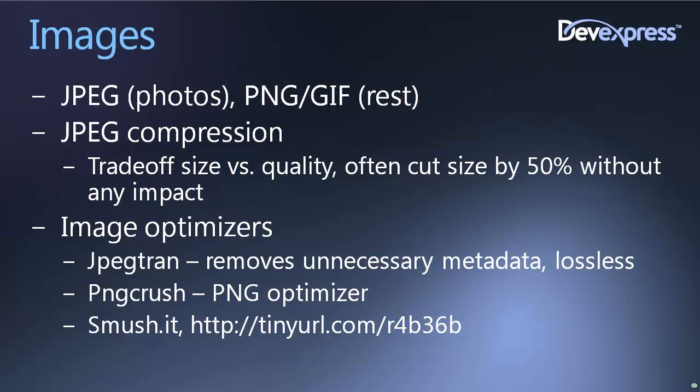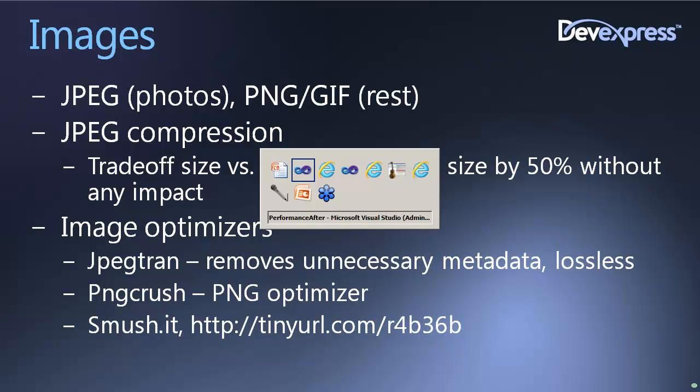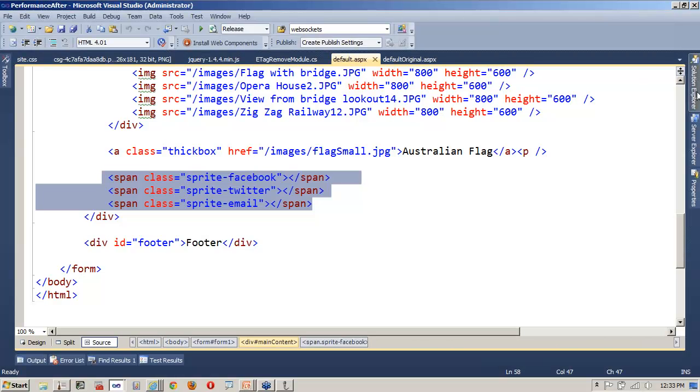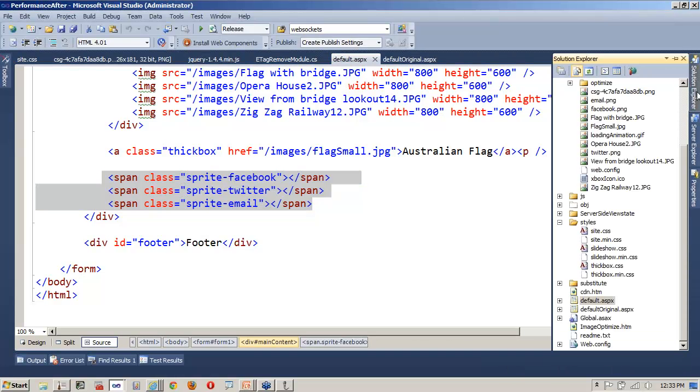The nice thing about JPEGs is I can compress them. So when I look at an image I want to put on a website, I can trade off the size versus the quality. In other words, I can play with compression numbers until I get to the point where I can see a good trade-off. So I've got an example, and this is something I do often. I took a single image, so let me pull up how the page looks first. So if we look at the particular page,